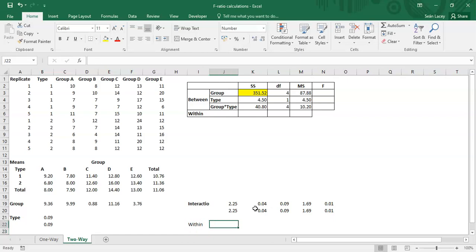So when you're looking at the within, in this case here, what you're looking at is within each type of experiment. So here we've 10 types of experiments. So this is the first type of experiment, and then we've the other types of experiments and so on, obviously. Okay, so within each type of experiment, what was the actual variation is what we're interested in here. Okay, so in this one here, we're looking at type group A. So I'm just going to put this in here. We're looking at group A, so this cell here, minus the mean for that type of experiment, which is actually the first mean that we have here, and then I'm just going to square that,